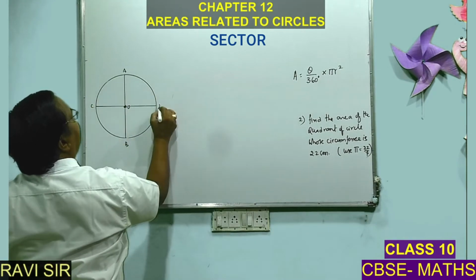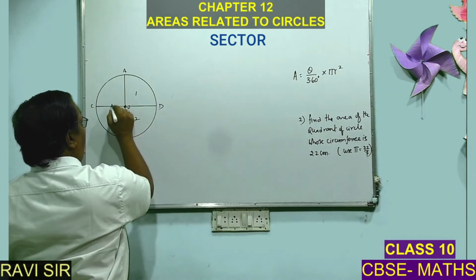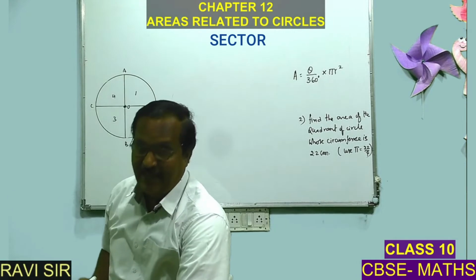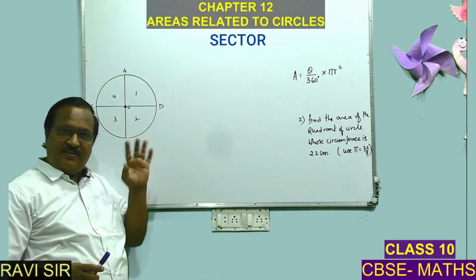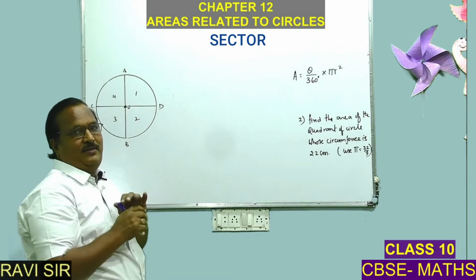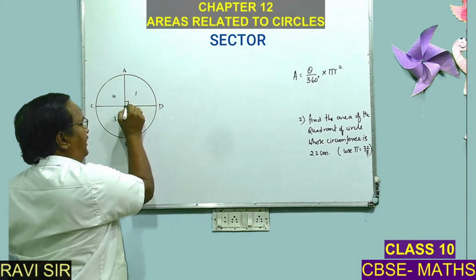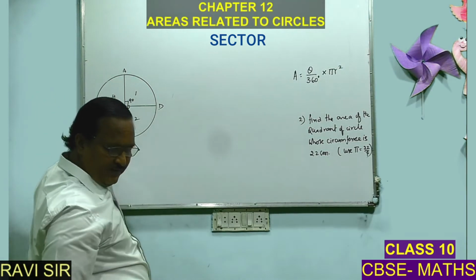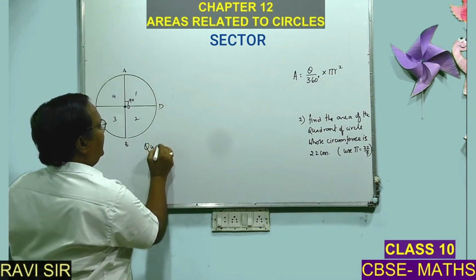So, CD is one more diameter. If you draw two diameters in a circle, the circle gets divided into 4 parts. That is why all the 4 parts are equal. Okay. So, then because they are perpendicular, 90 degrees. If you just take only one part, so each part we call it as a quadrant.